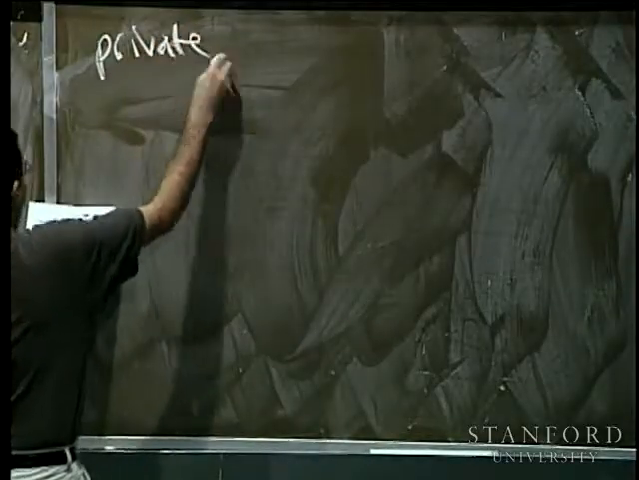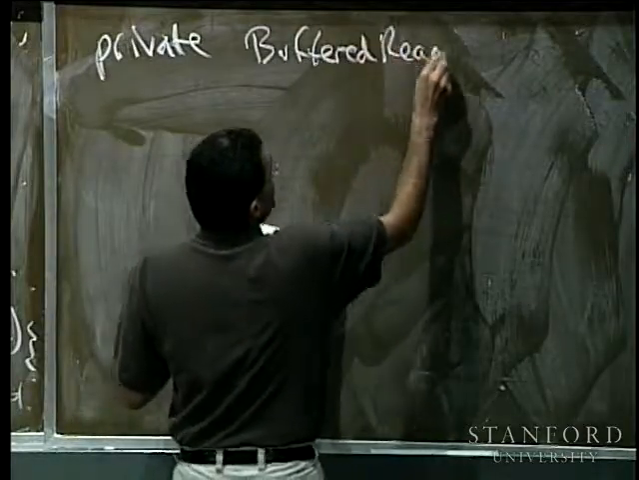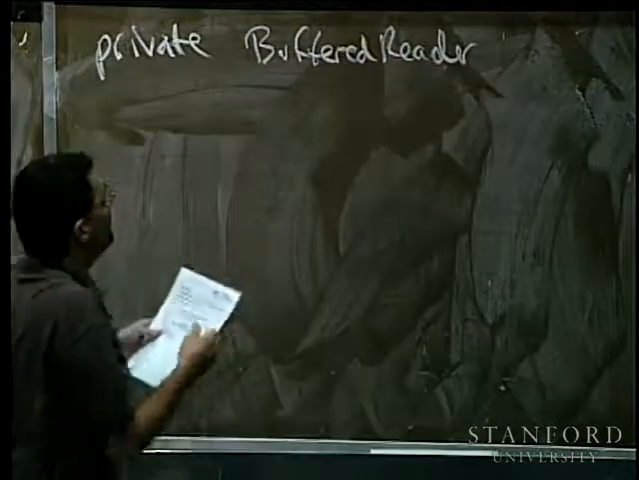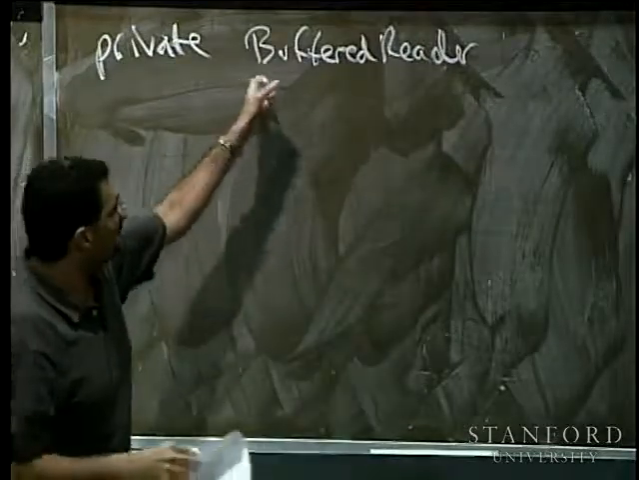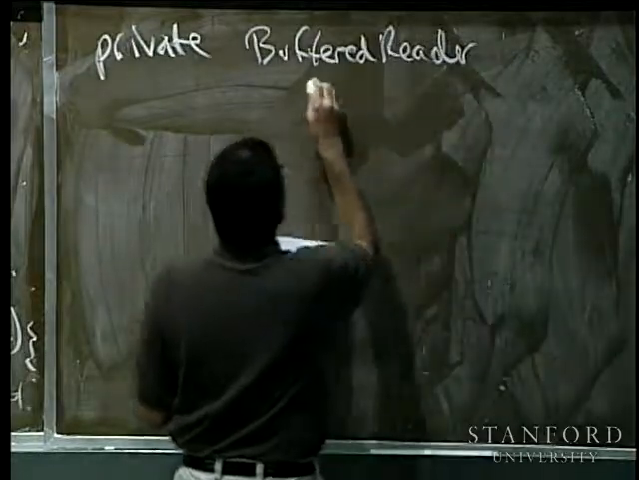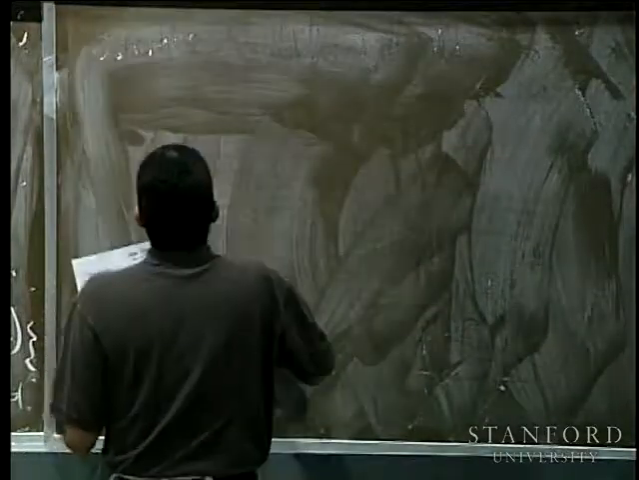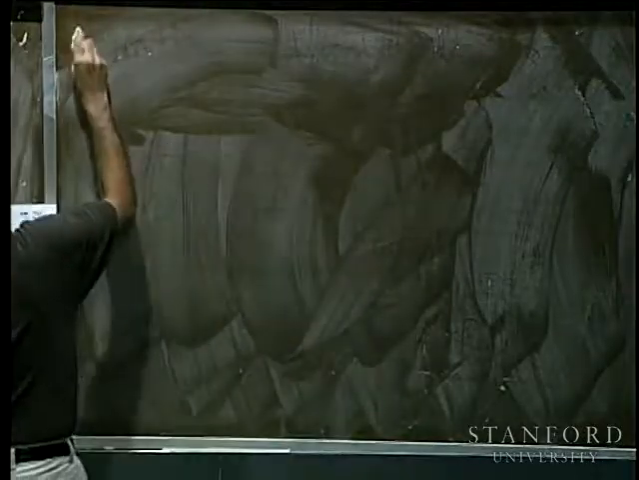All right, so we have private. We're going to return a buffered reader. So this is a method we're going to write that's a private method inside some class. It's going to return a buffered reader. And what we'll call this is open file. So the name of the method, let me make this a little bit smaller so I can fit it on one line. Private